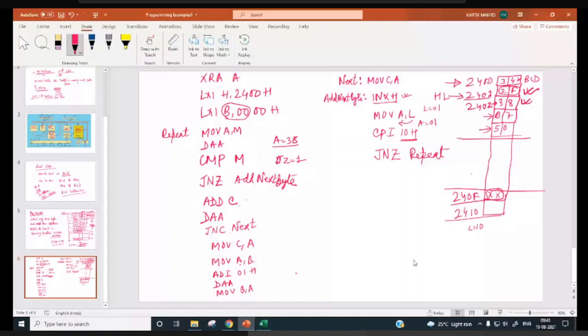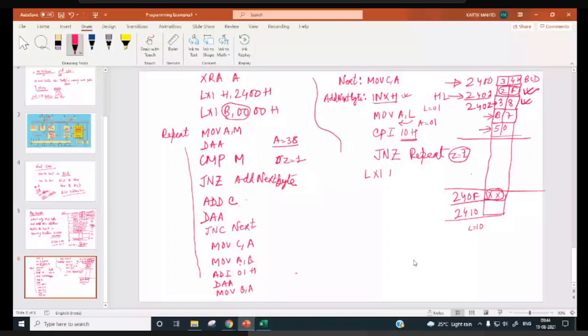So now you have to store the result. So your result is in C register and B register. So LXI H, what is result location? Result location 2500, no?